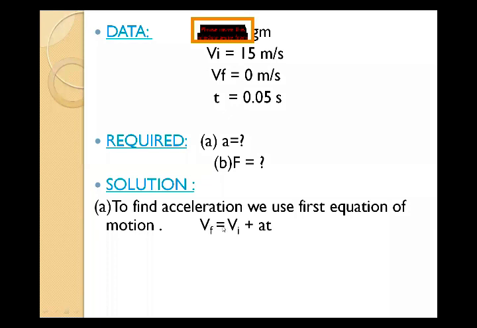Okay, Vf equals Vi plus at. So we have to arrange the formula. The formula will become Vf minus Vi. As you see that Vi is added on that quantity, by shifting it to the other side, the sign will be changed and it will become minus Vi. And as you can see that acceleration and time are multiplied with each other, so by shifting it to the other side, we will divide by the expression Vf minus Vi. So this is the final form of the formula which we are going to use.